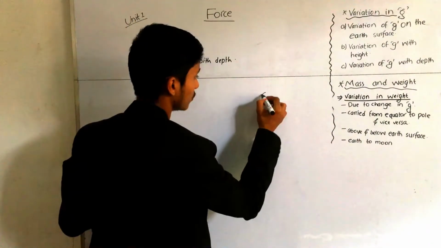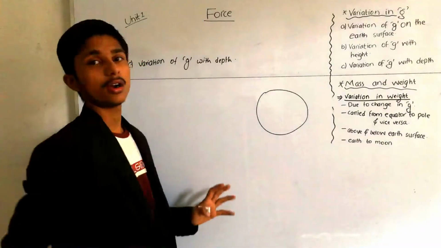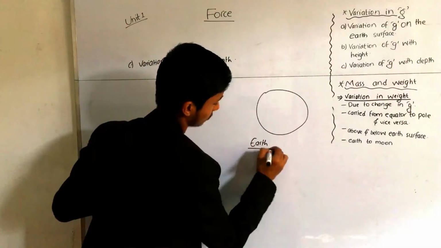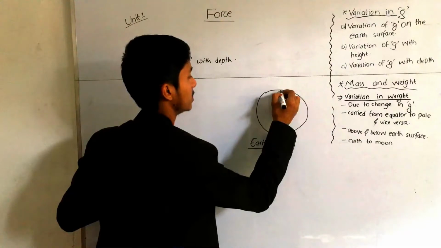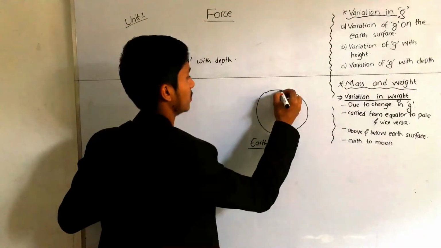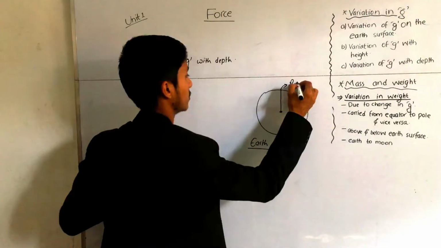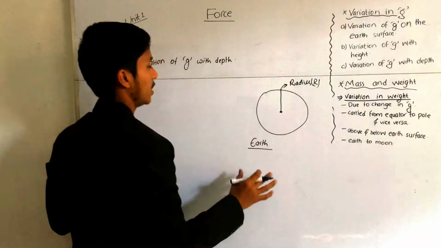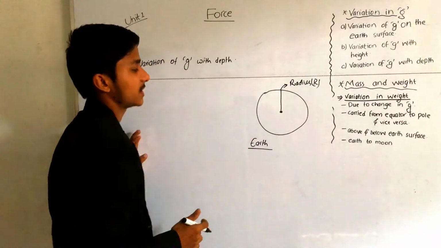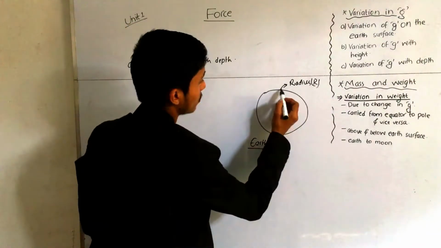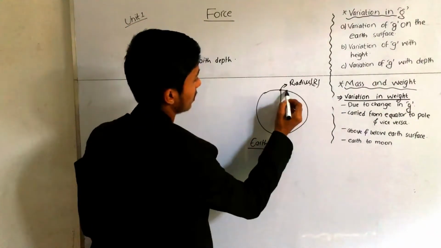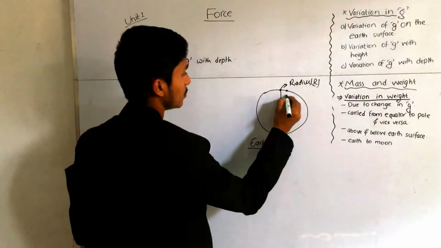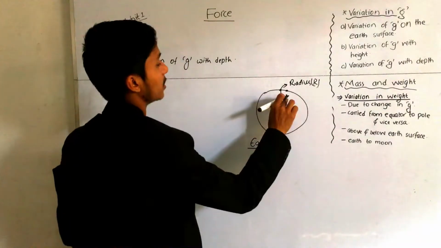So here is simple. Suppose, draw this. This is Earth, the figure of Earth. This is the center and this is the radius of the Earth. Now we understand, suppose this object is kept here, at this surface of the Earth, and when we take this object below the Earth's surface, suppose we have taken this object here, then